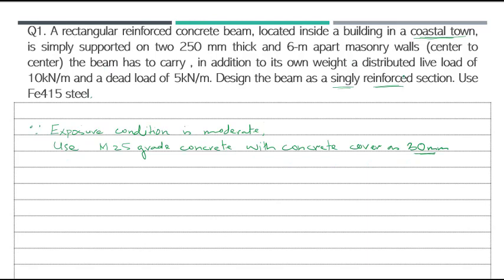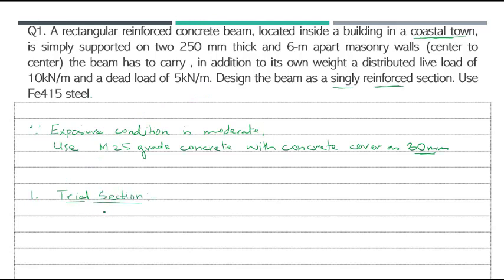Well, if you see in this question, the cross section dimension of the beam has not been given. So you have to specify what should be the width of the beam, what should be the depth of the beam, and also the amount of reinforcement, such that the section which you are proposing, it resists the movement because of the load which is going to act on the beam, and the load will be the self weight and live load of 10 kilonewton per meter and 5 kilonewton per meter. So my first step will be to assume the trial dimension. Okay. So my first step is the trial section.